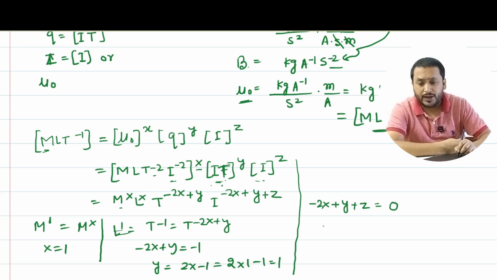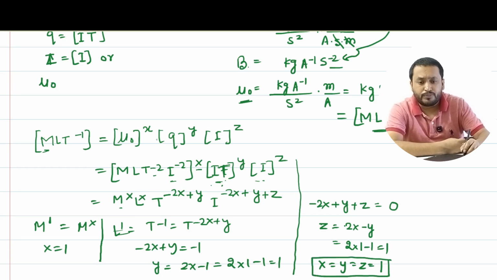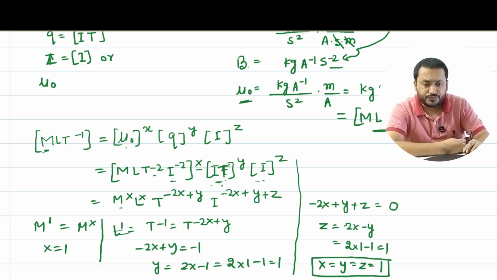So just put in the values to find out z. So you will get plus 2x minus y. So x is 1, so 2 into 1 minus 1 is 1. So we have x equal to 1, y equal to 1, z equal to 1, right? So everything is 1, so if we put it in the main formula,